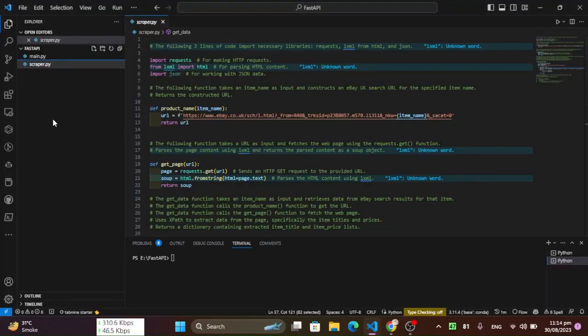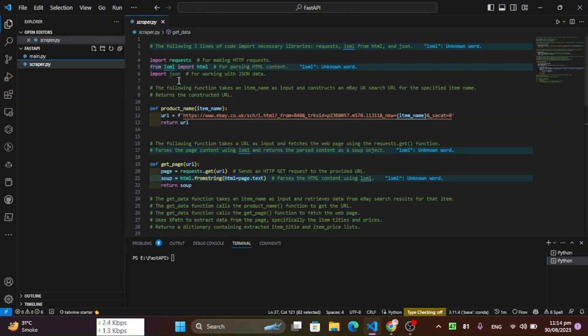Now let's get started with our code module. We have two .py files named scraper.py and main.py. First of all, we have the scraper.py file.